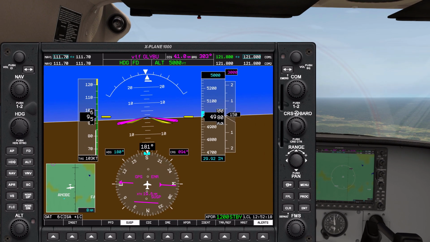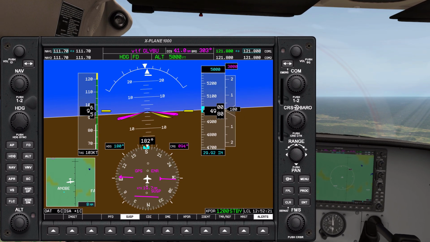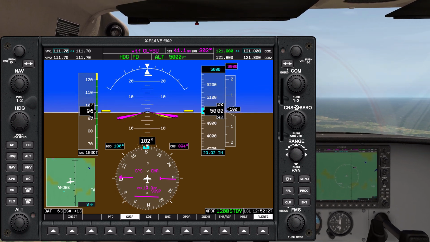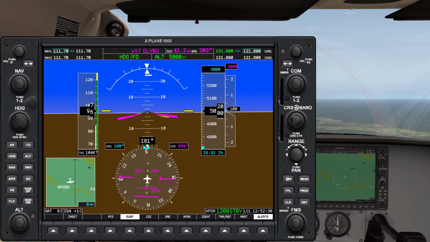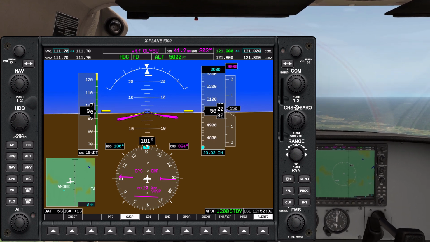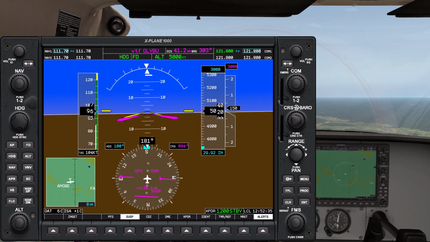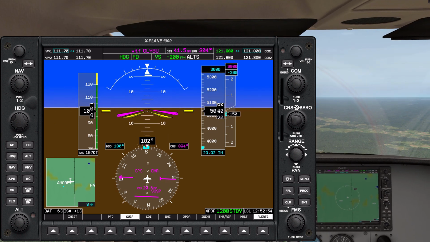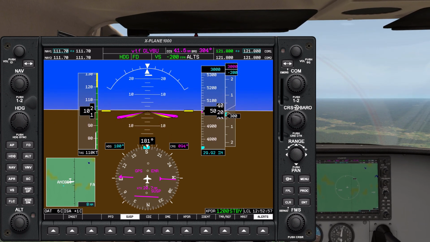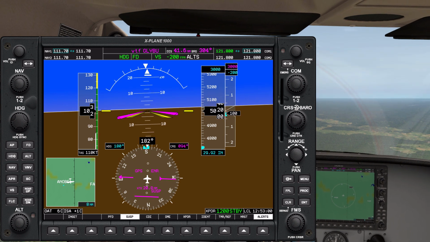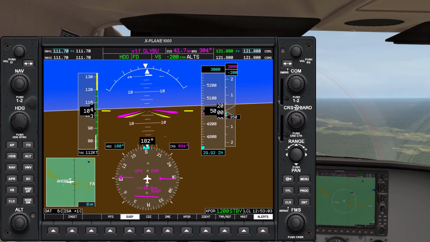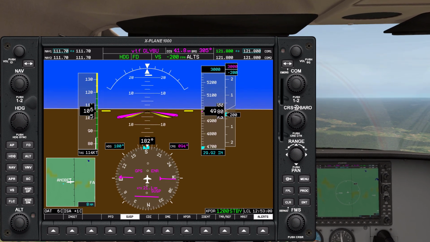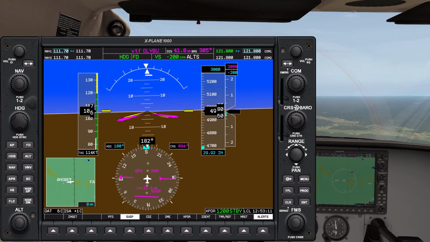Okay, so this time let's descend to 3,000 feet. So what I'm going to do is we will still be using the nose up and nose down buttons, but to activate the constant rate climb or descend, we have to hit the VS switch, or the vertical speed switch. So here I'll hit that. So what it has done is it has taken my last VSI reading, which was minus 200 feet per minute, and